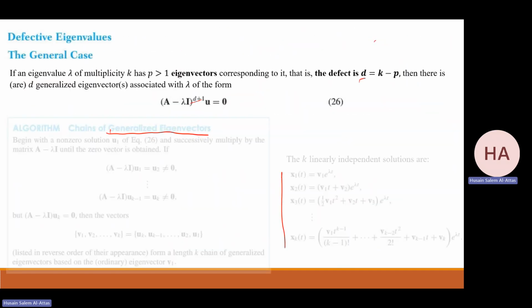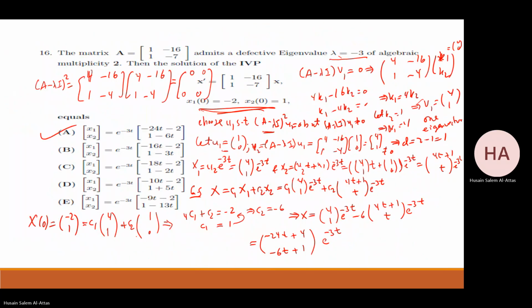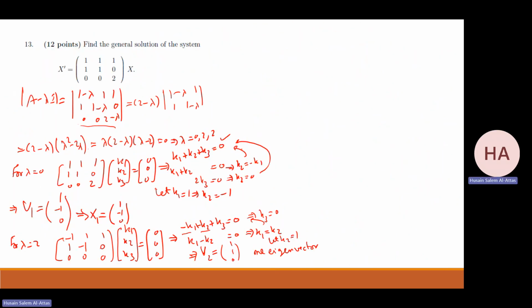So for lambda equal 2, multiplicity 2 and 1 eigenvector. So D will be 2 minus 1, which is 1. Now choose